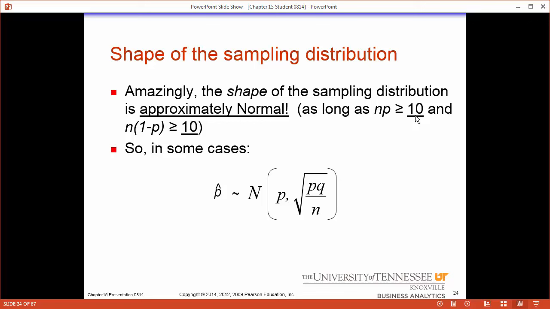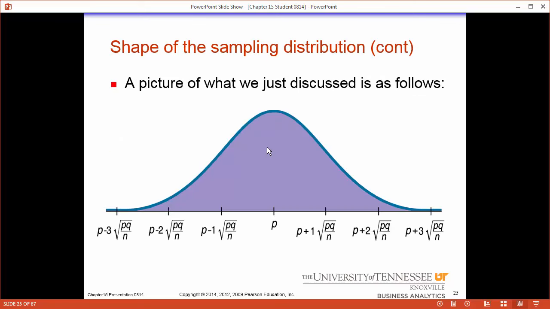What np and nq stand for, instead of the proportion of successes from your population, is the number of successes. So if I go out and talk to 100 people and I say, do you play Xbox? I need 10 people to say yes, the number of successes, and 10 people to say no. Now I could have 80 people say yes and 20 people say no, and that would satisfy it. I have at least 10 successes and at least 10 failures. It doesn't matter what you call successes and failures, it just means 10 of one group and 10 of another, because we're asking people a categorical yes-no question.